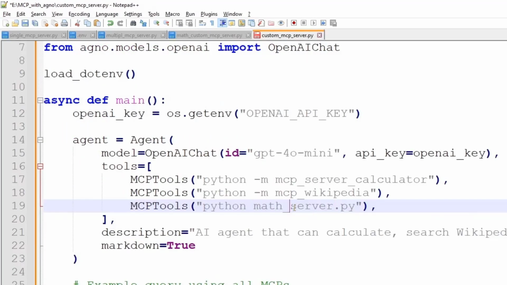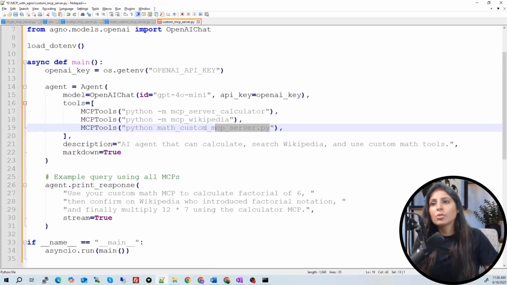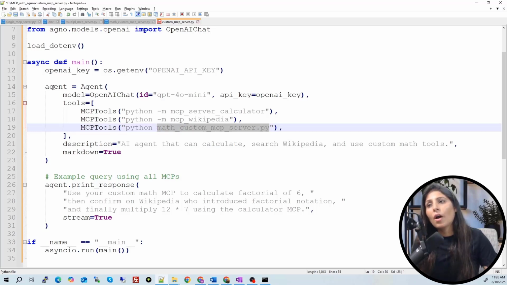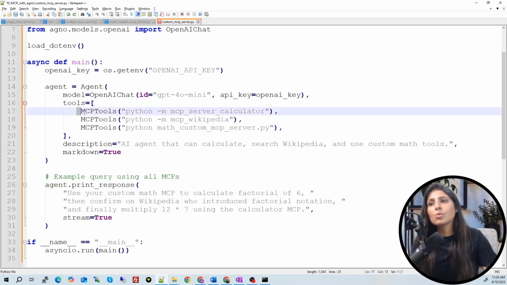So you will change the name over here, math custom MCP server .py. So we have a Python file and we want to run that server. These are the other two servers and this is my third server. You will just write the name of your Python file like this. Now our agent has access to these 3 MCP servers.